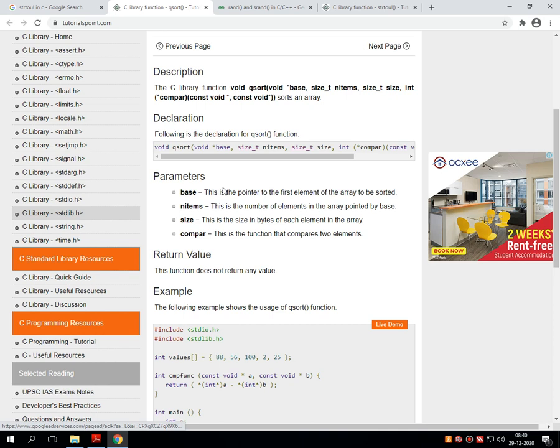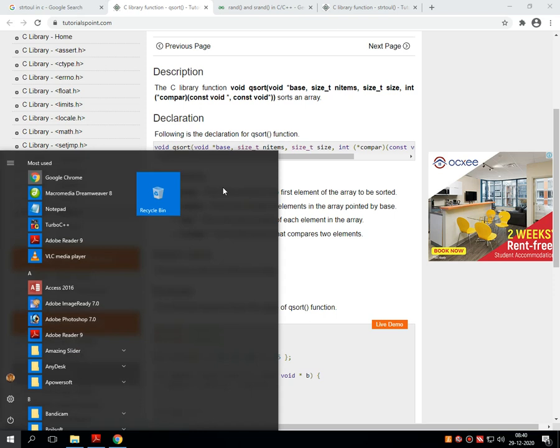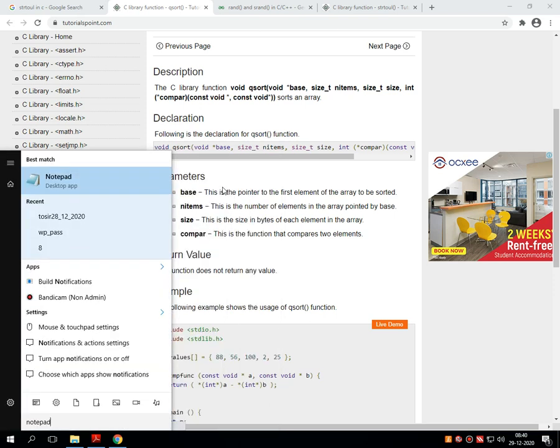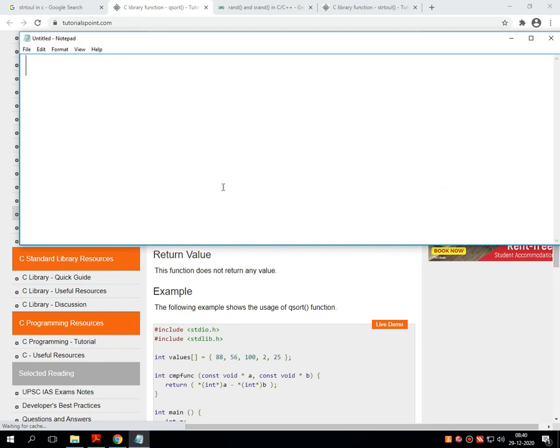The name of this function itself describes its functionality, that is, this function sorts the entire array. What is the meaning of sort? It's actually a very long topic, but I will try to show you in a prescribed manner. Say, for example, these are my 5 data values which I have stored in a one dimensional array. For example, I have stored 2, 1, 6, 4, 0 in a one dimensional array. The name of that array is A.